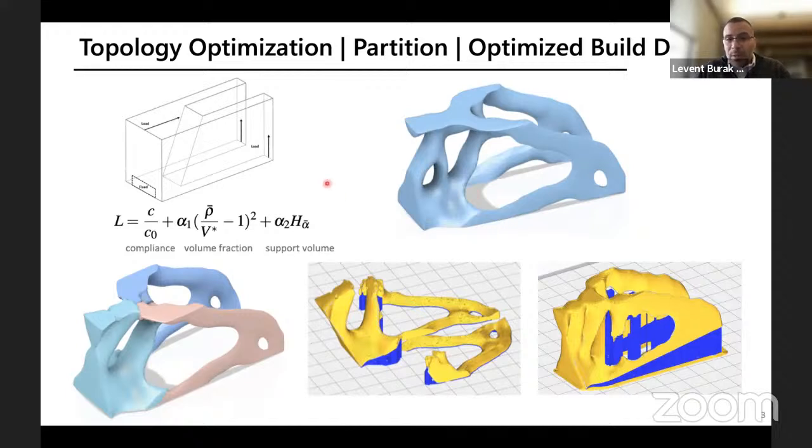So basically, we're formulating a problem in which, given what's shown on the top right, we want to be able to create a final design where the part geometries, the topologies, are automatically designed and take into account the total amount of support structure that will be needed. And as shown here, if you were to print the part without partitioning, you would be using quite a bit of support structure. Whereas if you do both topology optimization as well as segmentation and part build direction optimization, you can see that the amount of support structure can be significantly reduced.